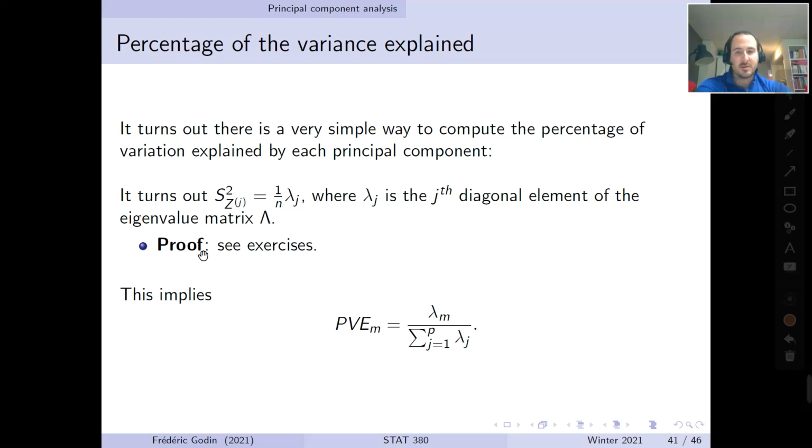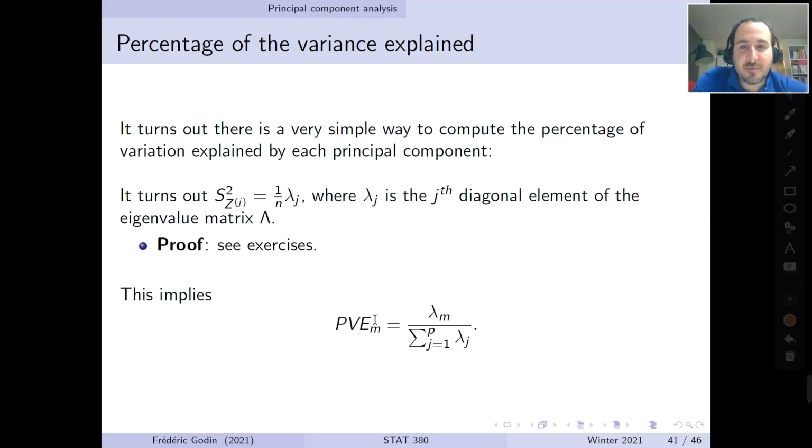So the proof of this can be found in exercises. Please do the exercises to get a proof of the statement. But this implies that the percentage of variance explained by the mth principal component, or by coordinates of the mth basis vector, is basically lambda m divided by the sum of all eigenvalues of the matrix lambda here. Okay, because the 1 over n's cancel out both in the numerator and the denominator. So this gives us the percentage of variance explained by